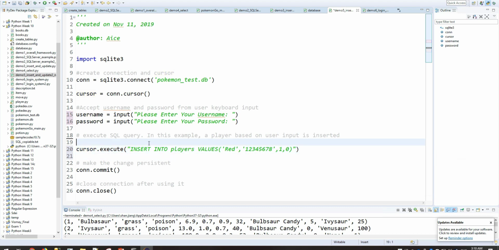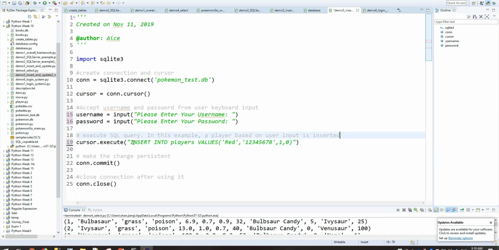Suppose we have already tested a static SQL query like this and made sure it works. And now this is the hard-coded part, the username and password.